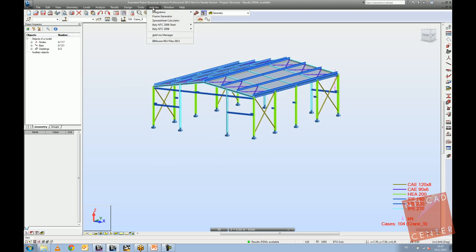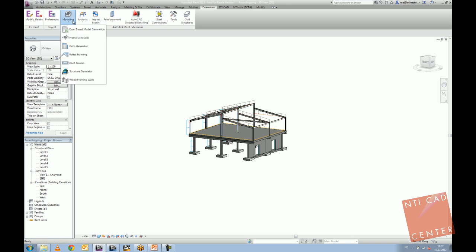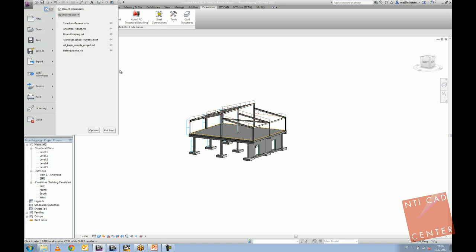One more thing, if we talk about Revit, is a really nice way of modeling structures using a structure generator. Again, this is not really a common way for structural engineers to think, but usually architects start their modeling from masses. So in the beginning they have just some kind of a mass, which later on they actually detail. So what you have as a possibility is to generate a mass and add structural elements to that mass. I will not go through it in detail, just